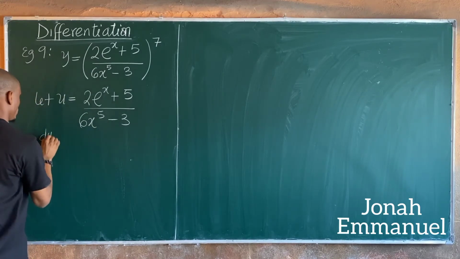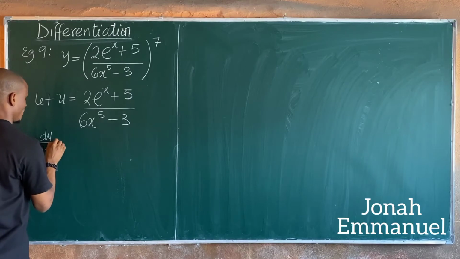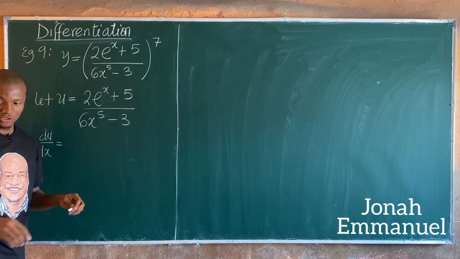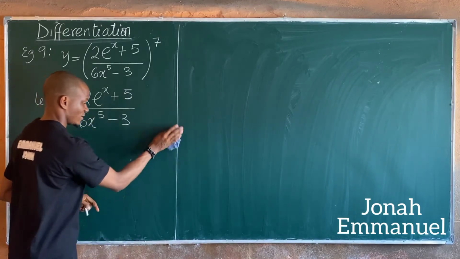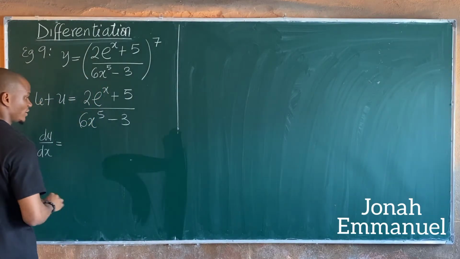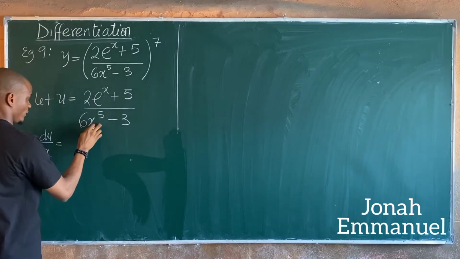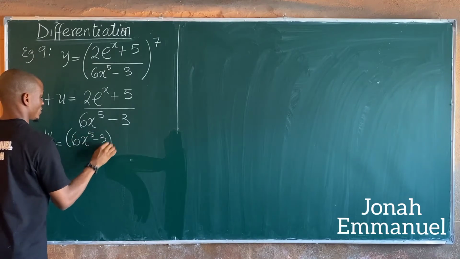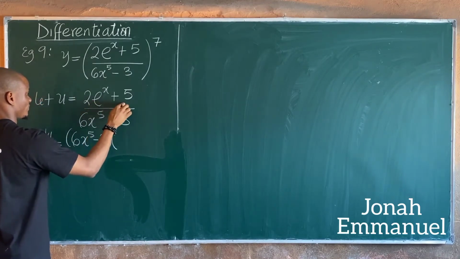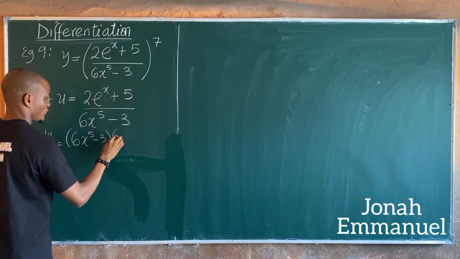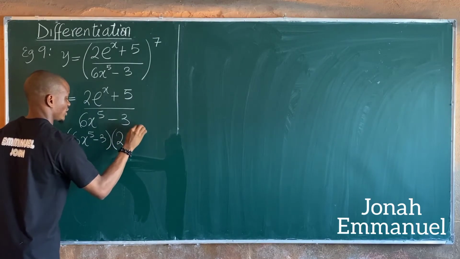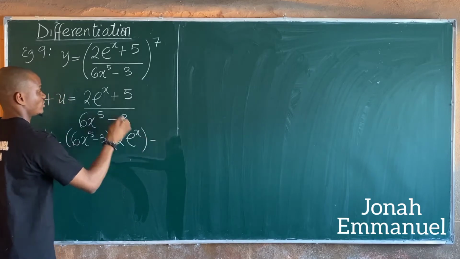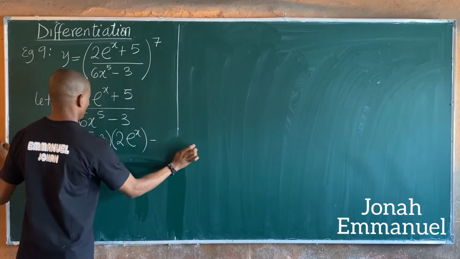I'll have that du over dx is equal to, for this differentiation I'll have to use the quotient rule, since this is dividing this. So I'm using the quotient rule here. This now becomes v, that's 6x to the power 5 minus 3. Next up, differentiate this. If I differentiate this, it gives you 2 exponential x. Of course, 5 is 0, so it's off, minus the numerator for u. So I'm having